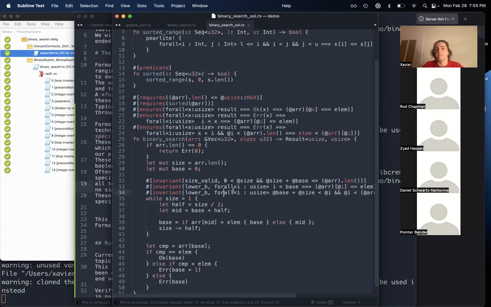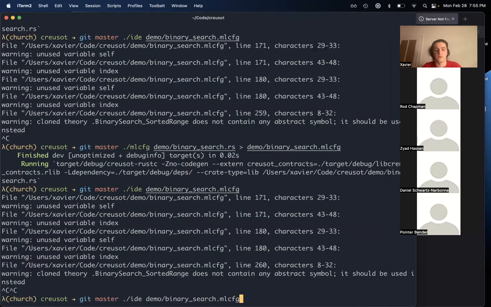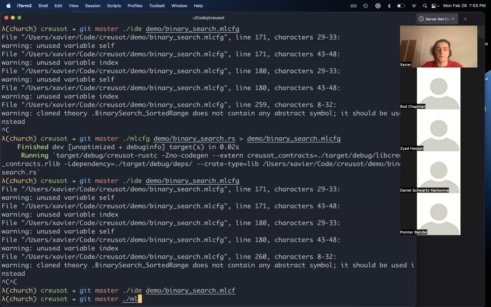Right. So with this example, if we ran the binary search code, there we go.